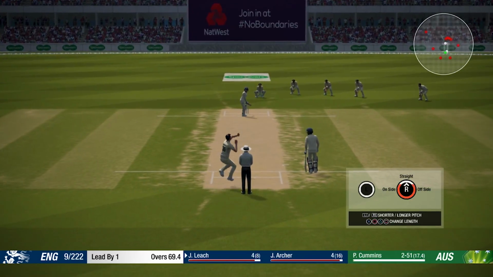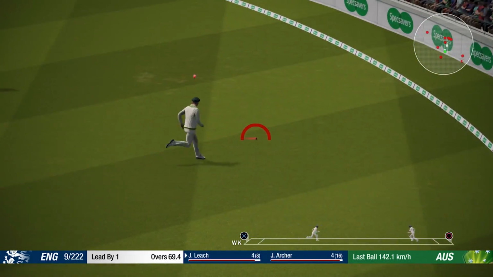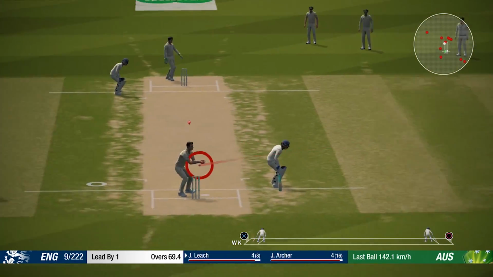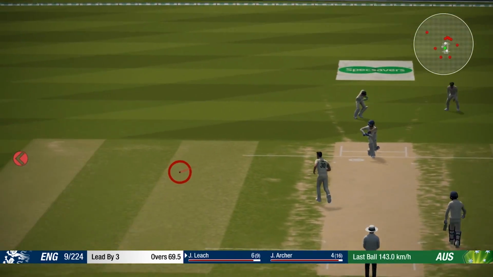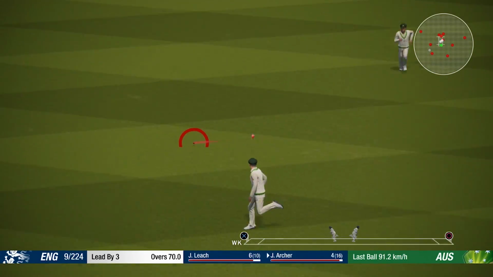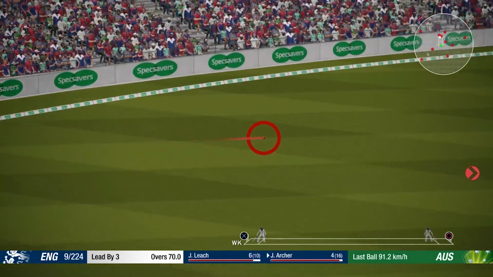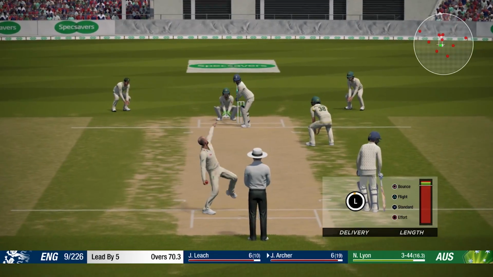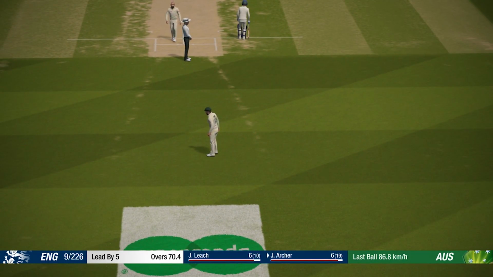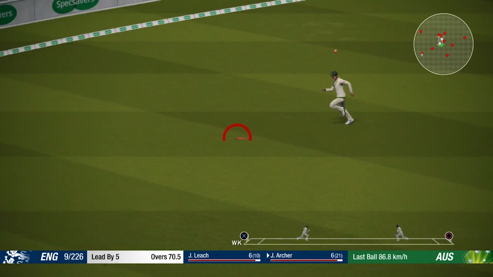Whether they bat for longer than 5 minutes will be determined by how long this pairing goes for. There's another good shot there from Leach. Keep it to just 2 again, the Aussies. Really nicely in the field here. Just saving all these runs. They would have loved to not bat again, but of course they're going to be forced out there at some stage. And Jofra Archer getting in on the action here and taking a shorter boundary on the offside. A couple more runs. And then getting that lead up. They might have a half a sniff here. It's a 5-run lead at the moment. Not bad at all. It's a quality shot from Archer. Now they're continuing to just place the ball in the gaps.